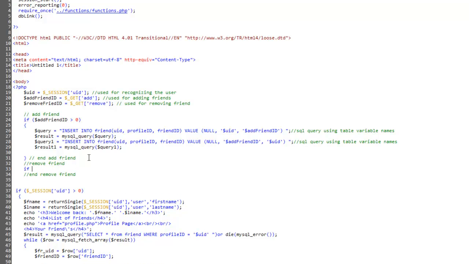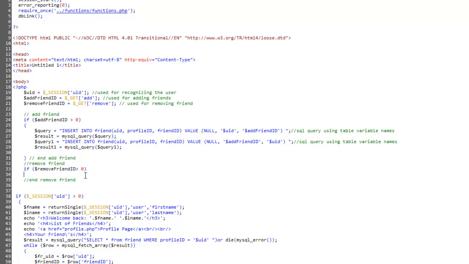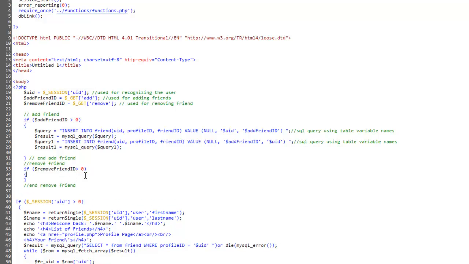So if dollar sign remove, I got fried. Remove friend. No wonder it looked wrong. If I remove friend ID is greater than 0, which means that it's actually got something in it, then what I want to do is